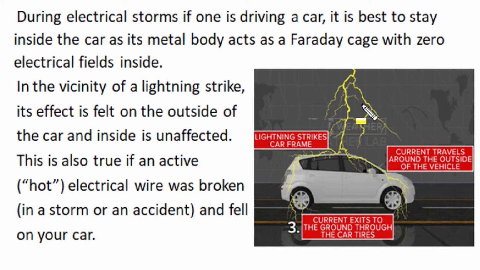This is also true if an active hot live electric wire of a transmission line breaks and falls on a car by accident. The potential rise or charging of the body may take place, but internally the shielding of the car body provides required safety to personnel. So whenever we want to shield external electric effects, we can do so by a metal mesh shield such as a Faraday cage around that protected zone.